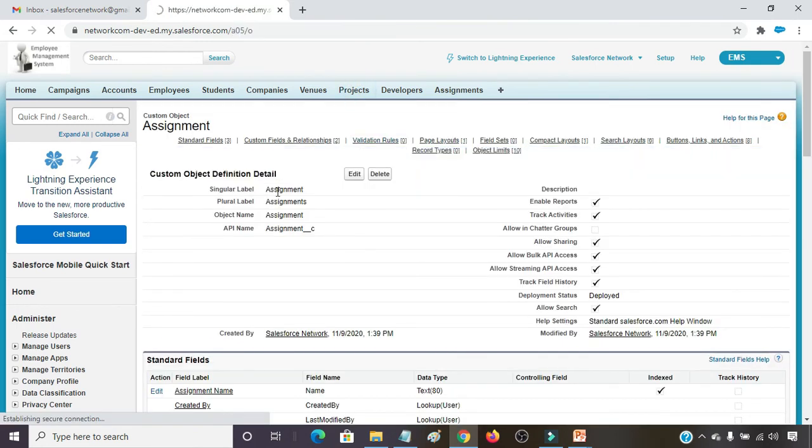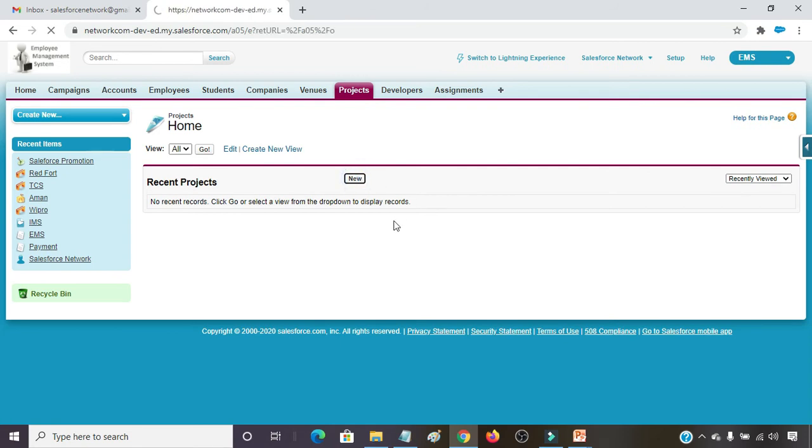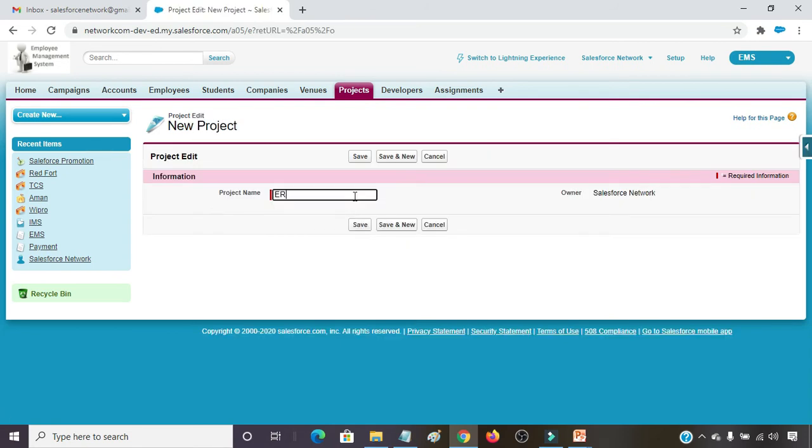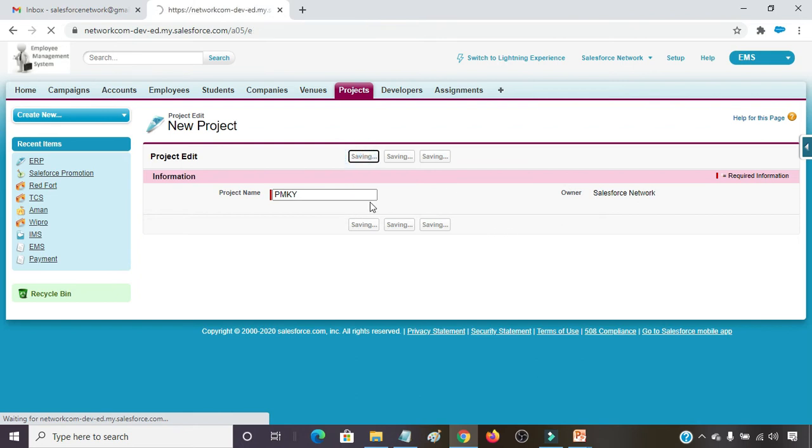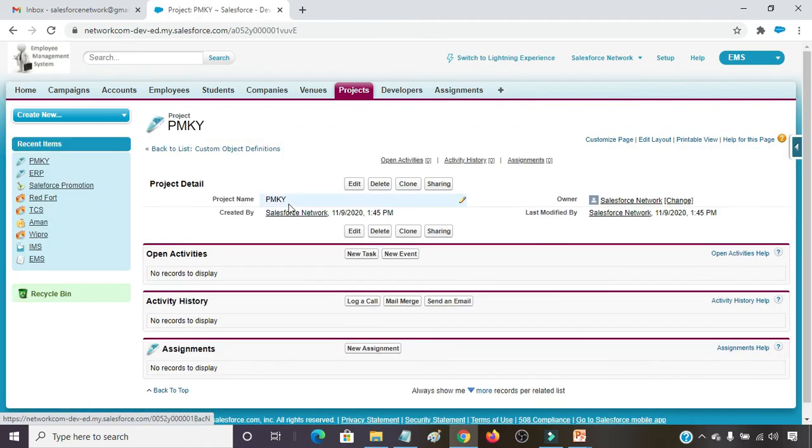So for projects, I am going to create one project. Project name is ERP, and one more project I am going to create, PMKY. Clicking on save button. Two projects I have created over here. Now I am going to create developers also.